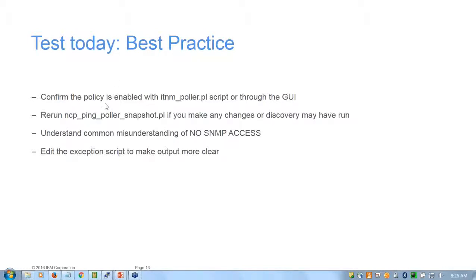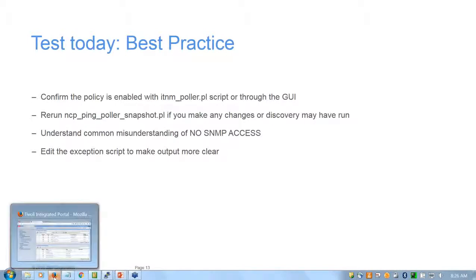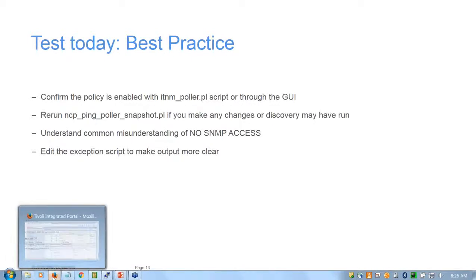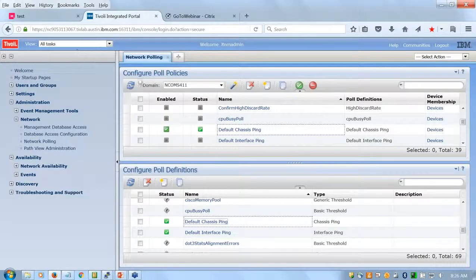Can you review the values for managed status and what they mean again? I may be skipping. Can you read the question? Yeah, I'm sorry. Thank you. Thanks. Can you review the values for managed status and what they mean again? Yes. So I could even go into the GUI because we have lots of time. And then I'm going to lose my screen, aren't I? So managed status is